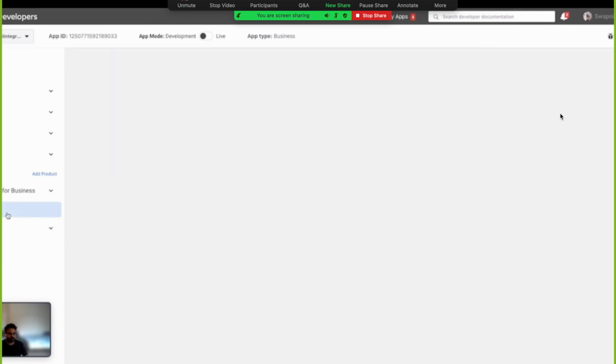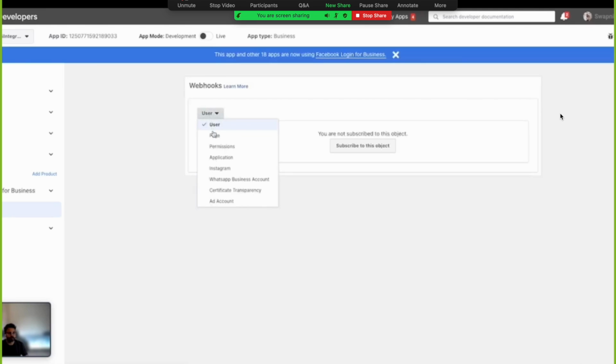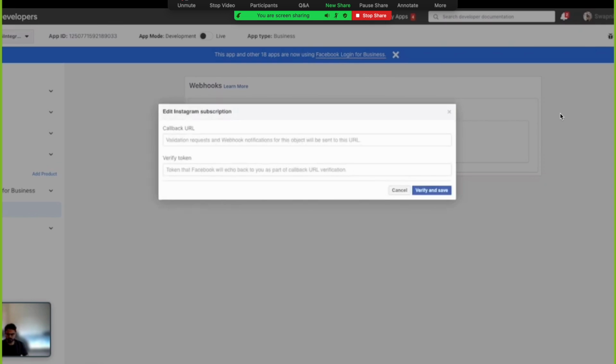So getting back to webhooks and the configuration. Here we wanted to listen for Instagram events. We'll select that topic and enter certain configurations. We need a callback URL. This is where Meta would be sending updates as users message your business. I have a sample example setup, and I'll be using that URL.